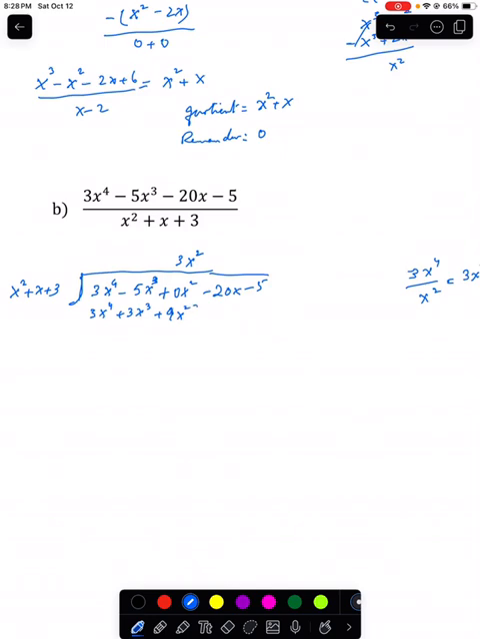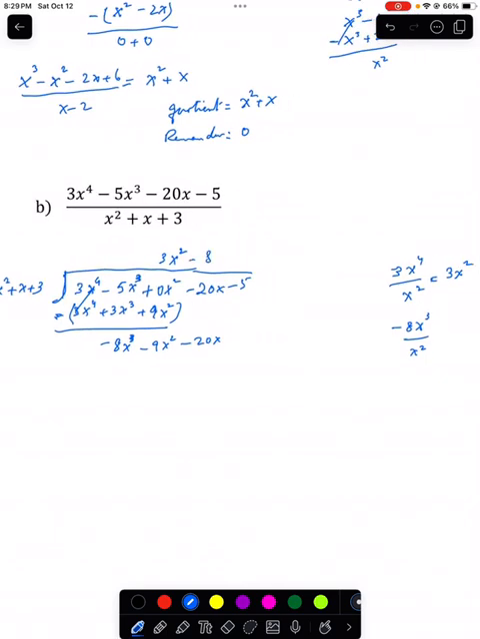minus sign outside. Then 3x to the 4th minus 3x to the 4th cancels out. Then I have negative 5x cubed minus 3x cubed, so I get negative 8x cubed. And over here, I'm getting 0x squared minus 9x squared, so negative 9x squared. And I bring down the next term. Now my lead term is negative 8x cubed, and I divide it by x squared. So I get negative 8x. So I put that here